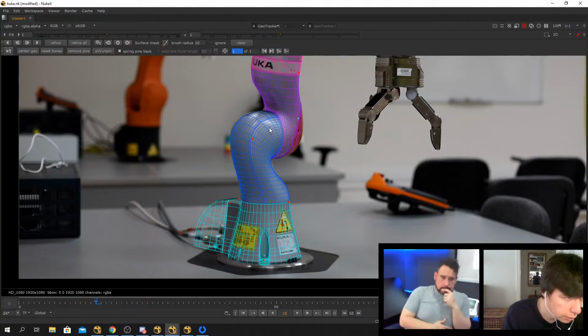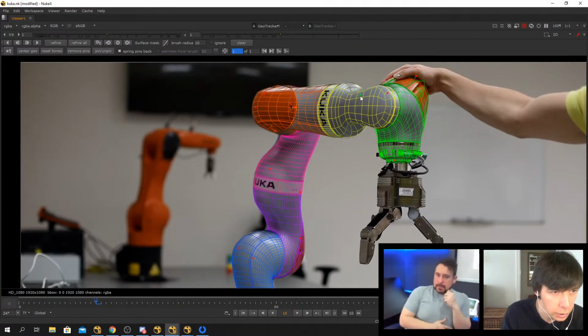And so it looks pretty okay here. Okay, while Roman is fine-tuning the position,